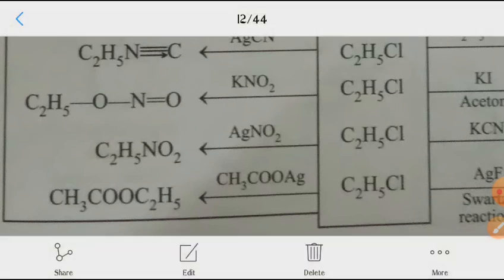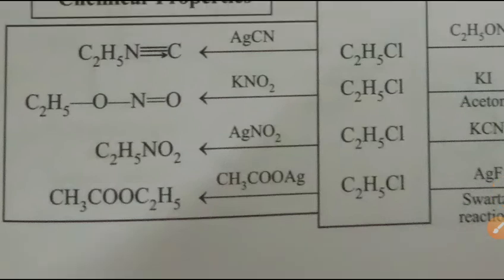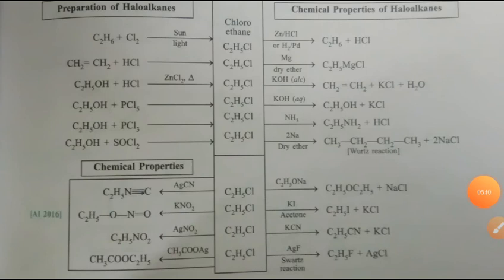So these are the different nucleophilic substitution reactions. So this is what we have dealt with. We have seen the preparation of haloalkane, that is chloroethane, and from chloroethane what are the different things that we can make by different reactions. Some is substitution, some is addition, some is reduction. Few reactions are dehydrohalogenation, that is elimination. So you can make different products from chloroethane.